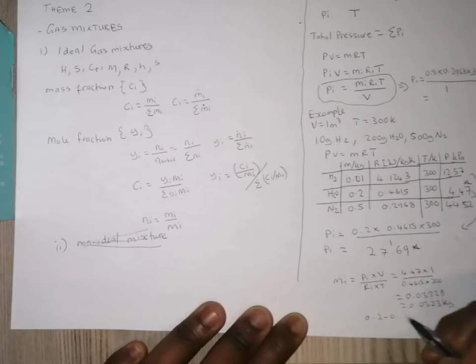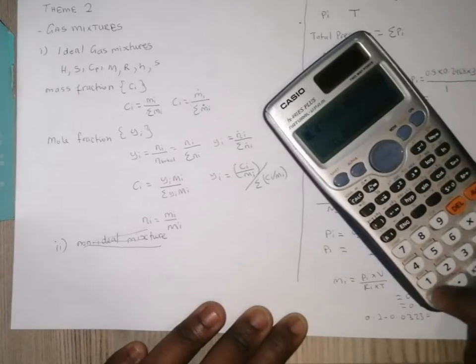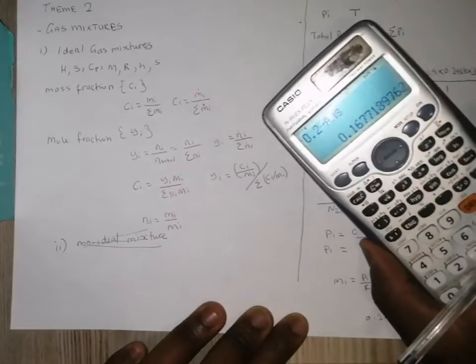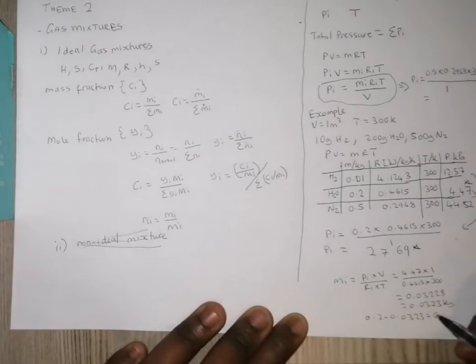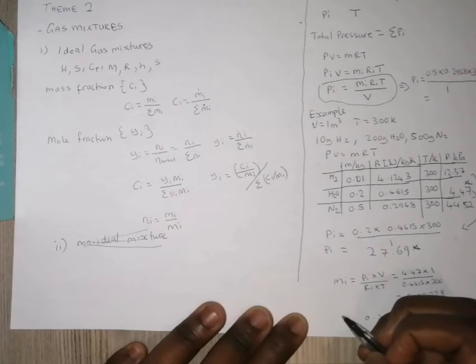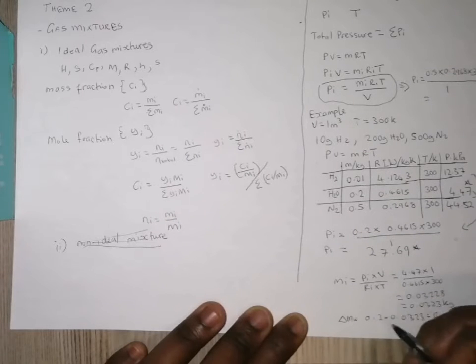0.2 minus 0.0323, which is equal to 0.2 minus the answer, which is giving us 0.1677 kgs. So this is the amount of water that has condensed, 0.2 minus 0.0323, which is equal to